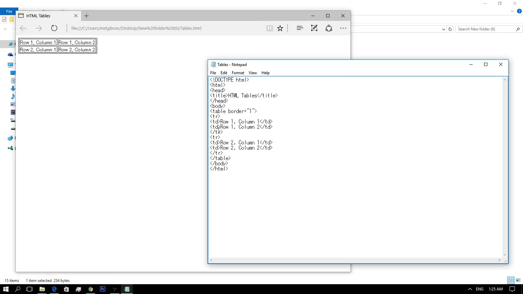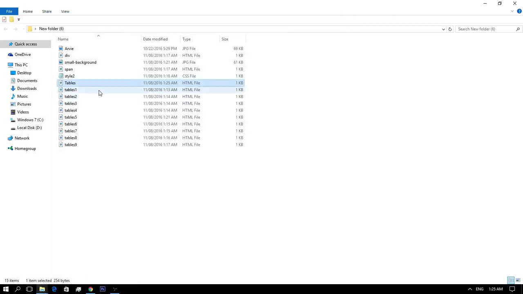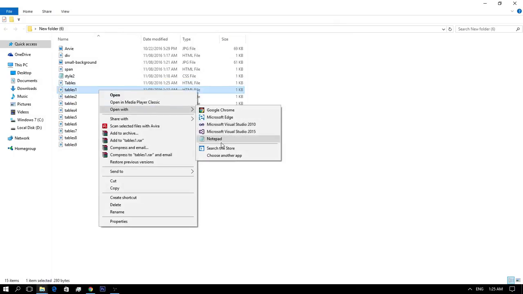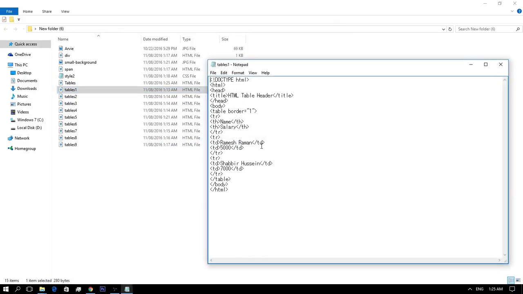And then we have the table heading. So the table heading can be defined using the table heading tag. This is the table heading tag.